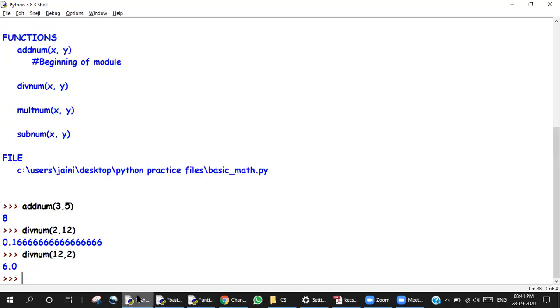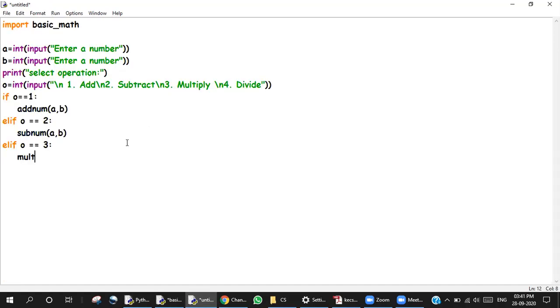Because I have the file open, I'm just going to go and check it, because I don't want to create a problem over there.